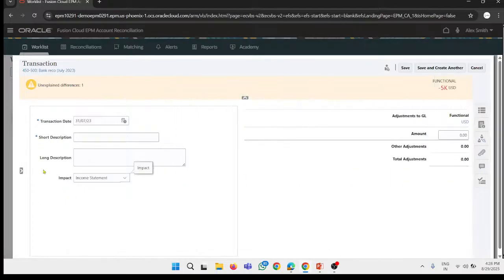Then this is the important thing you have to understand. First we have transaction date, which is automatically picked by the system. Then we have short description. We will give this description because we are explaining the difference, why this 5000 difference comes here, and what is the reason behind it. Suppose the reason is,